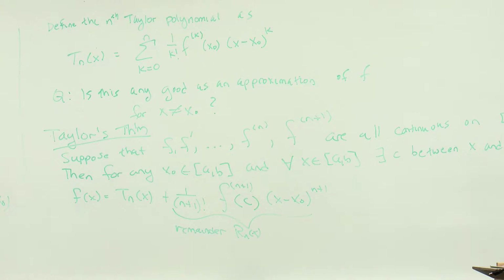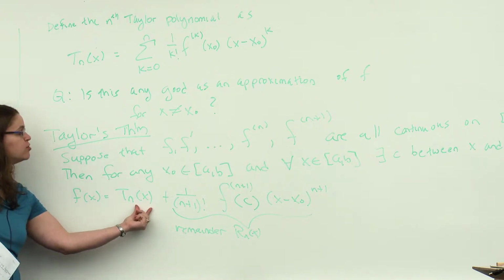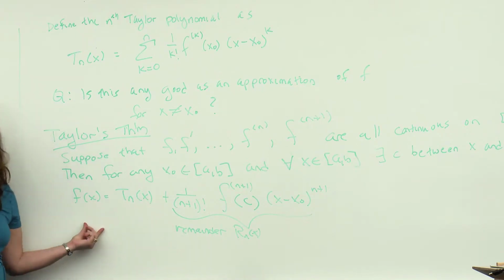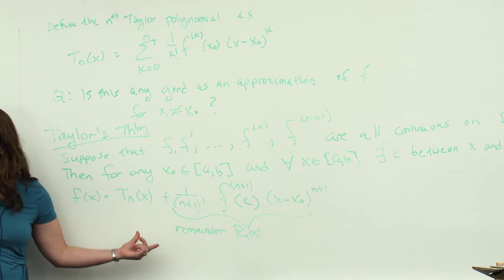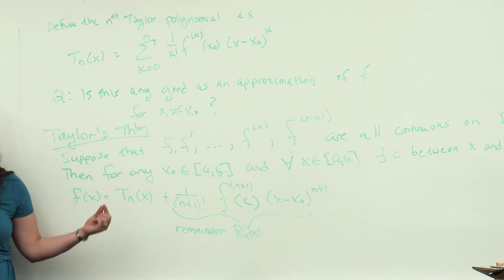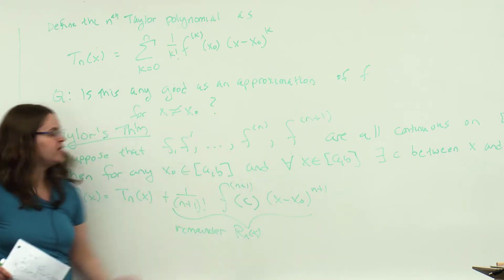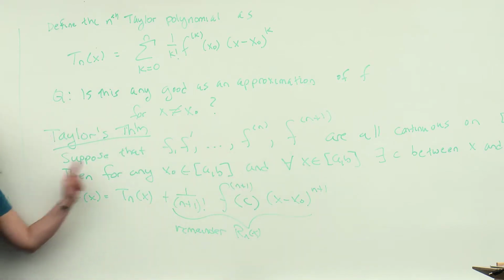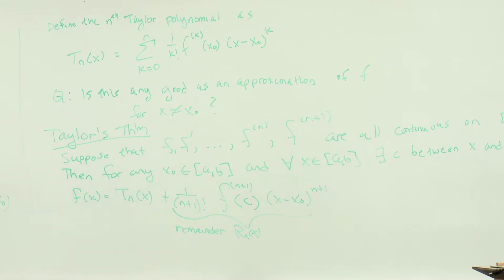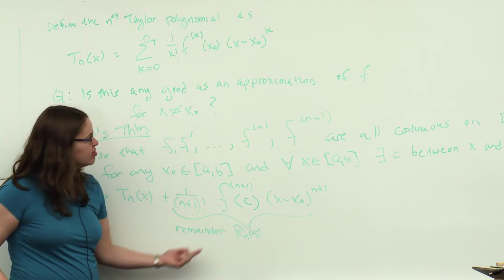Okay, so this tells us something about how close this Tn, this polynomial, is to the function we want. It doesn't tell us exactly what the error is, which should make sense, because if we knew exactly what the error was, if I had an exact form of the error, then I would just add it back here and I'd get f of x exactly. If I had an easy way to get f of x exactly, I would not be trying to come up with simple polynomial approximations. So we don't know exactly what the error is, but we can say, as long as